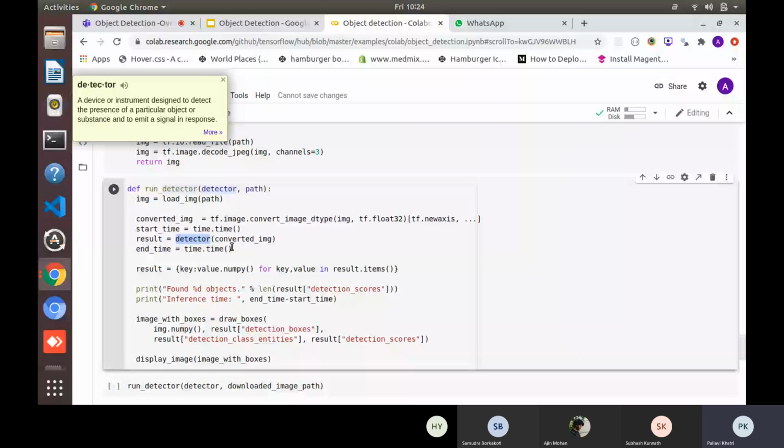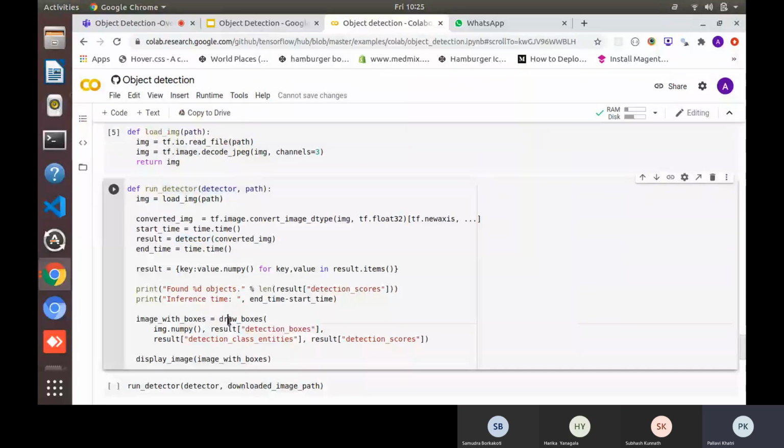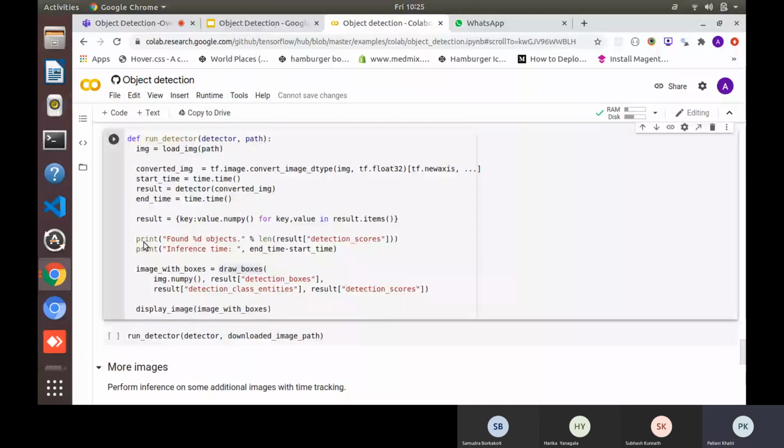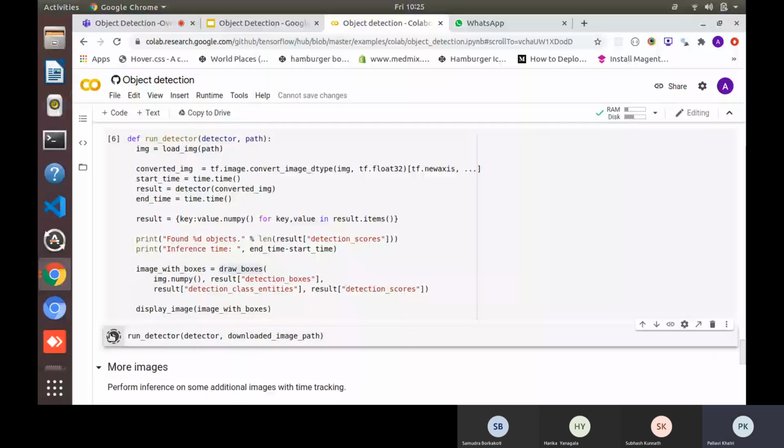After that it will draw boxes. These are all functions we have defined above, and there is a function for displaying the image. So I'll run this function. Yeah. So at the end, when all my functions are defined, my model is loaded, my detector is ready, I just have to run this function, run detector.